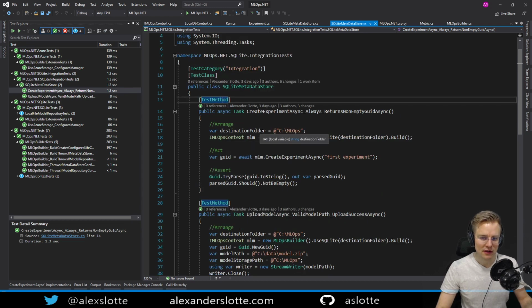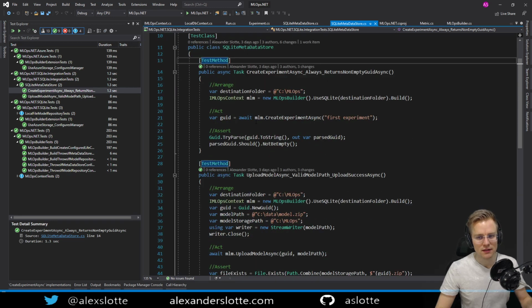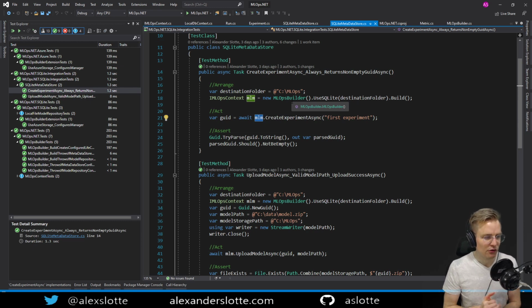But the difference here is that you don't see a mock or auto mocker or a fixture, depending on what kind of mocking framework you use. Everything is real, so it's real instances. It's a real database. I'm testing whatever dependencies this one has. And of course, there are different levels of integration tests. Sometimes you want to test everything, and sometimes you don't. That really depends a lot. But in our case, we want to test the whole thing.